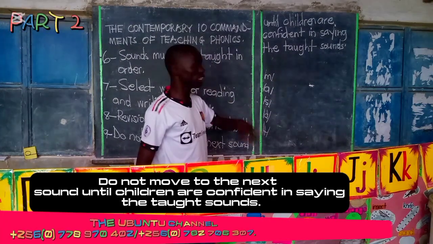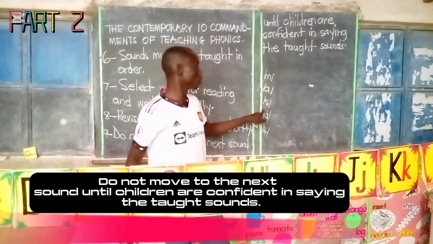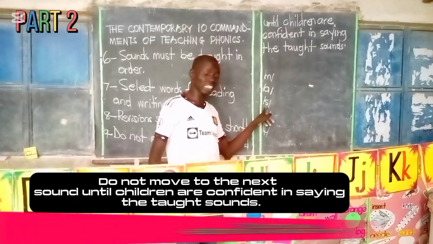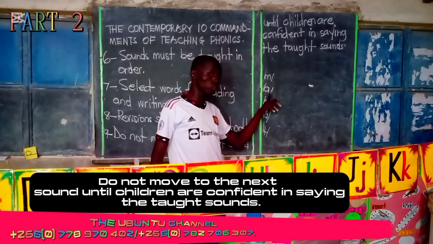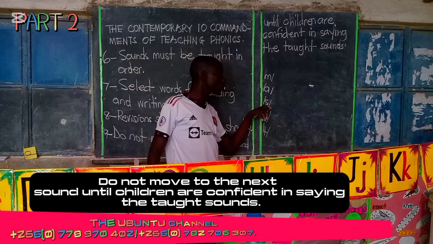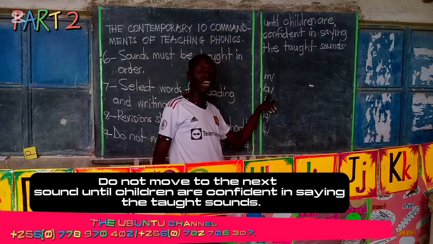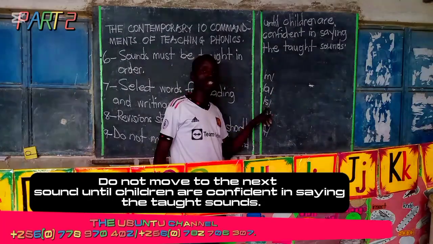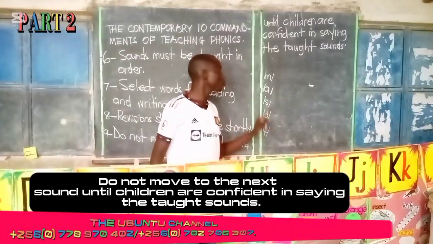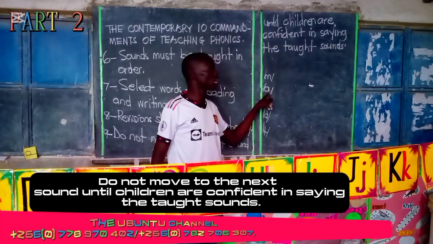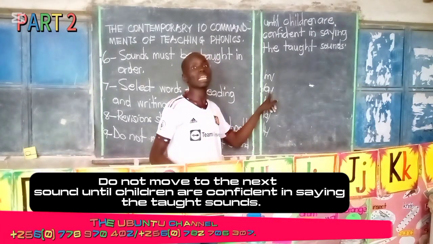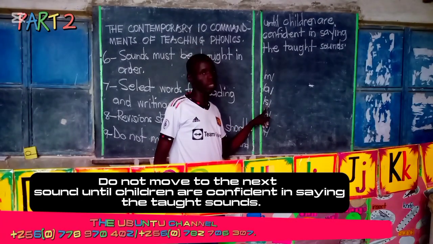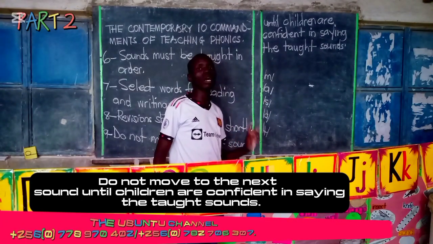Now, the teacher is finding children are not understanding this one. So the teacher will come here. The teacher will start teaching this sound, yet children have not yet understood this one. Make sure you don't come here before your children have understood this one. Make sure they first understand this one, then start proceeding with other sounds. When you come here, yet your children have not yet understood this one, they are not yet confident enough to say this one, then you will be wasting your time here because they will come across a word with this